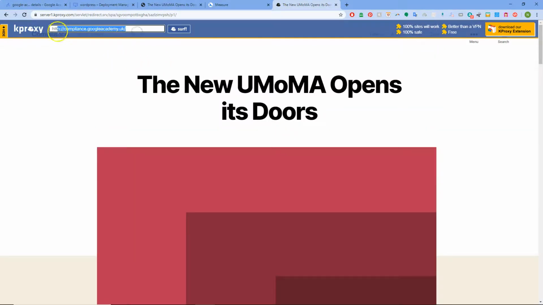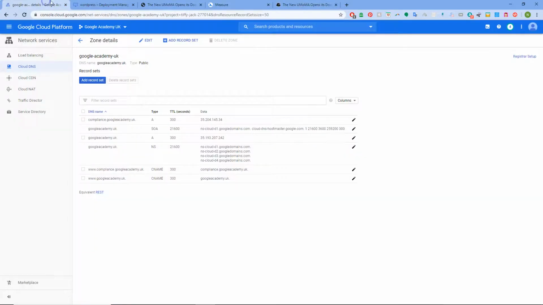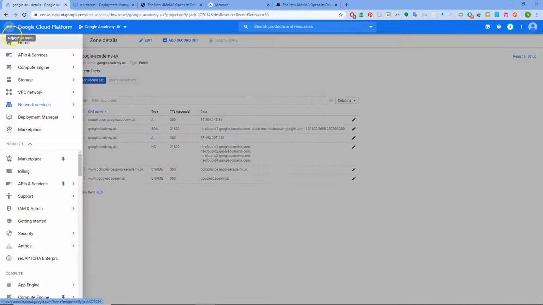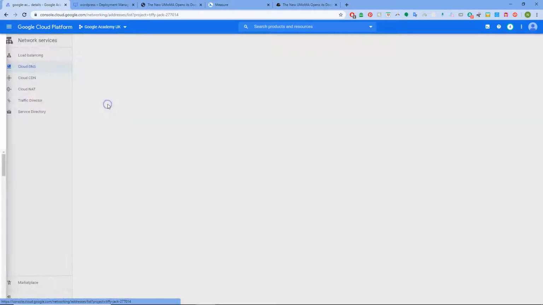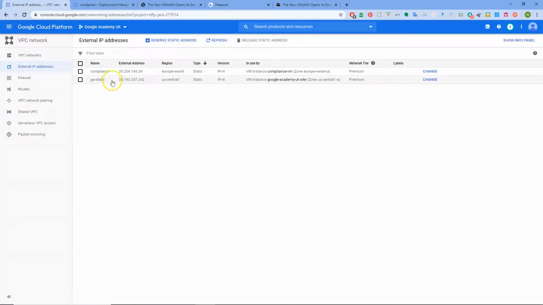So that's good, we know that's bedded in and works. We haven't set up the SSL yet, that's the next thing I believe. So now we're going to go back and go to VPC networks, external IP addresses, and we need to change it. I've already changed mine here, I named it, but yours, you're going to have an error. You'll only have one by now, and it'll say ephemeral. Then you'll click and say static, and a box will pop up and you'll give it